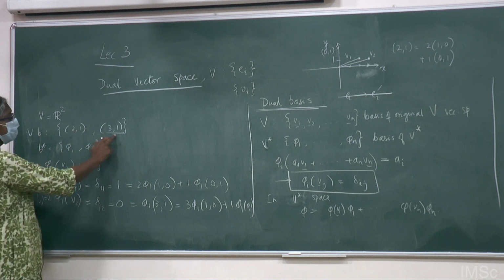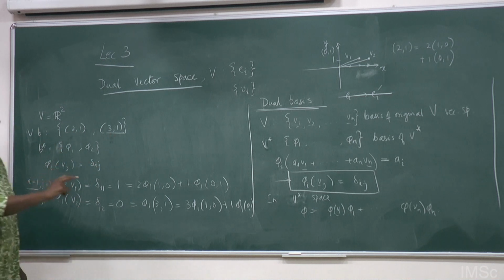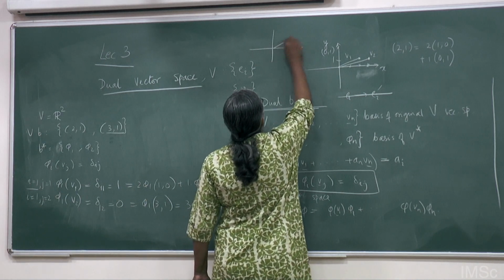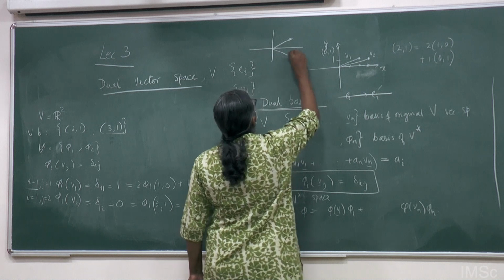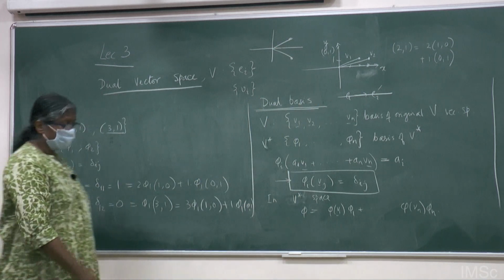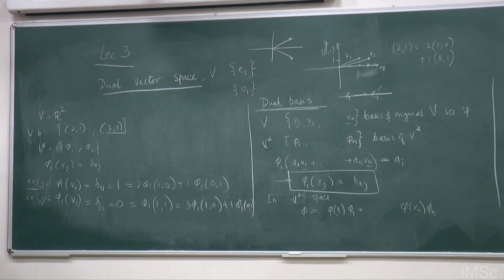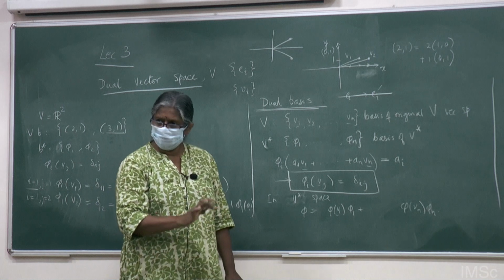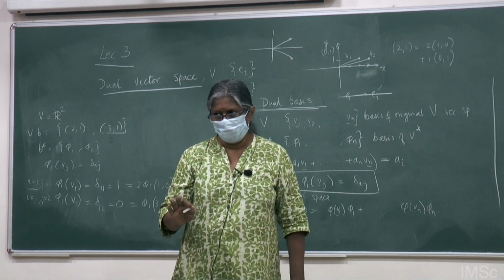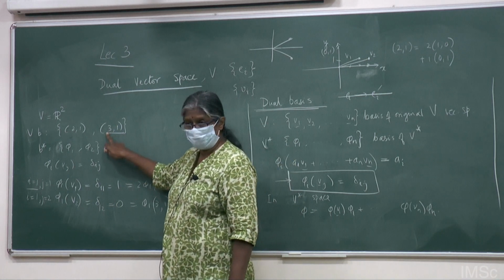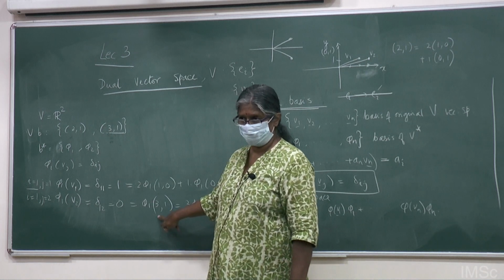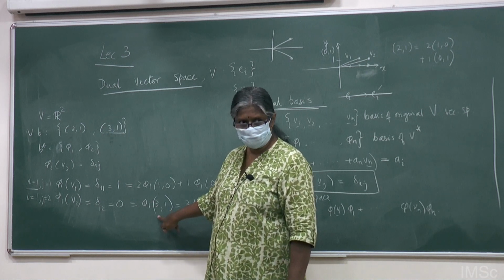But given a different set B, suppose I take another set here, say this vector and this vector, which defines this space. Then I will get another set of phi solutions, right? That is also an equally good vector space. The dimension is still 2, so I will still get only phi 1 and phi 2. But it will depend on the original vector space. How I define this vector space will define what I will get for the dual vector space. Okay, is it clear?